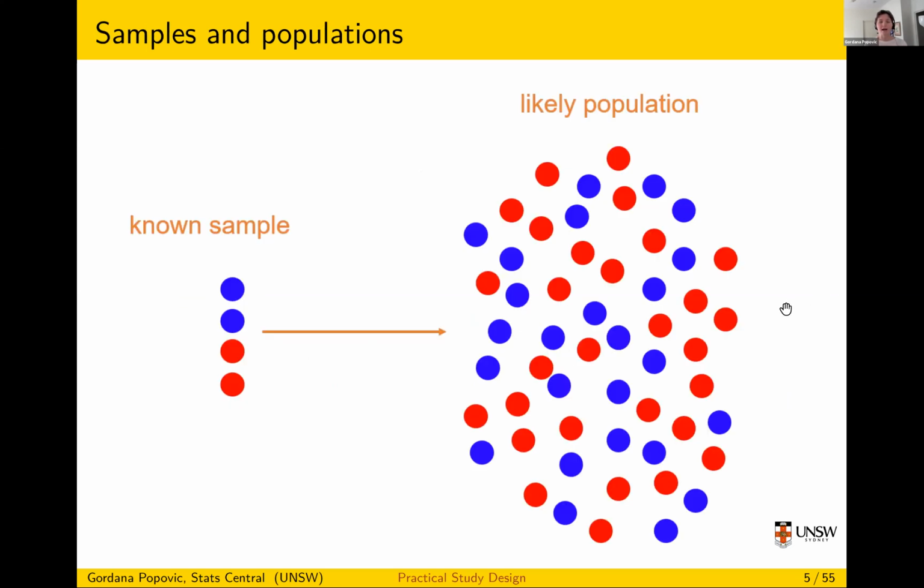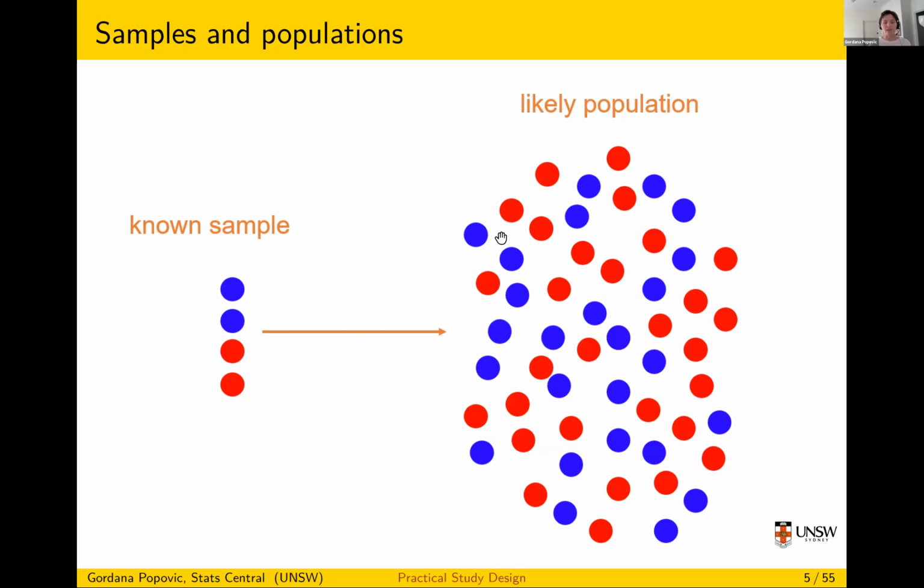Okay. So a little bit about populations. In statistics, we talk about this thing called a population, and it's not the same as a population is in normal life. We talk about it in relation to a sample. A population is every possible observation that could have happened. So that's on the right. And then the sample is just the ones that we measured. So the ones on the left are the ones that we measured.